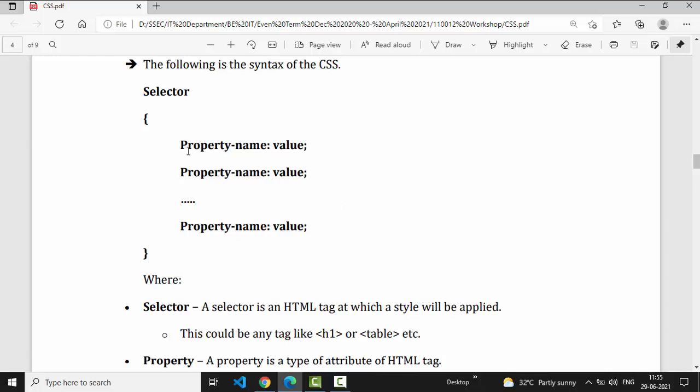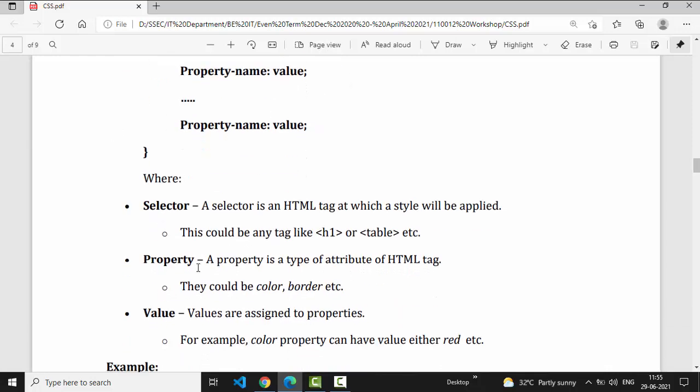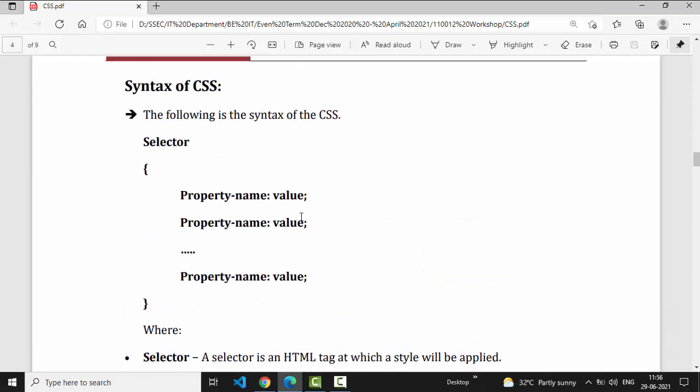Here, a property is a type of attribute of an HTML tag. It could be color, border, etc. For example, if you want to apply text color, you write the property name, that is color, then put a colon and provide the value, for example red, blue, brown, etc.